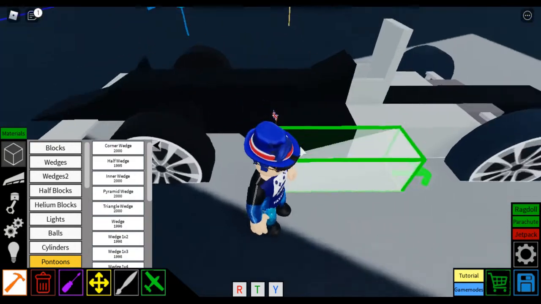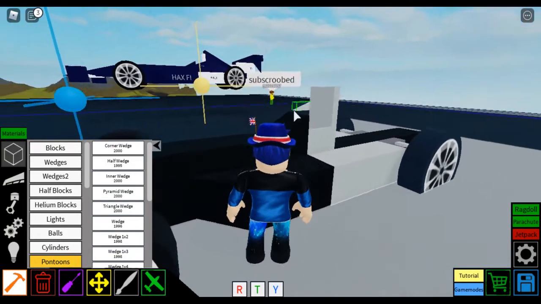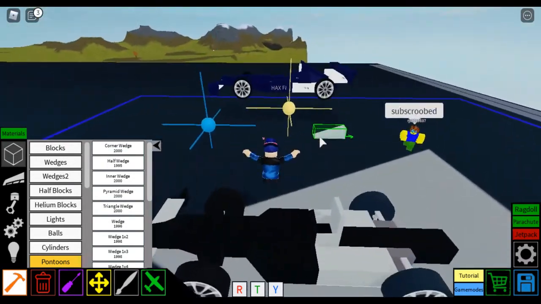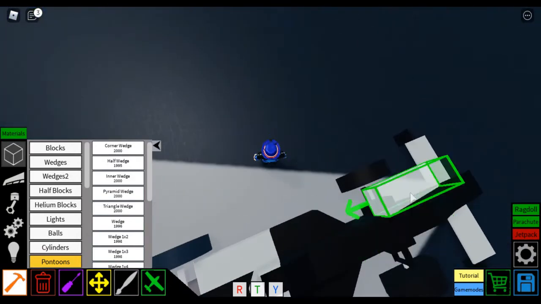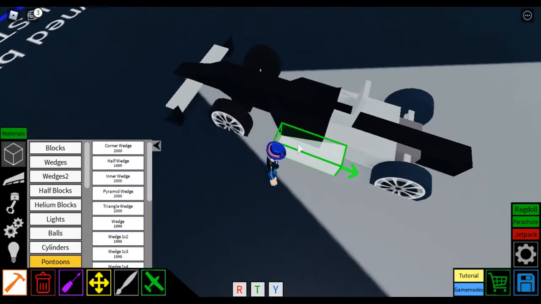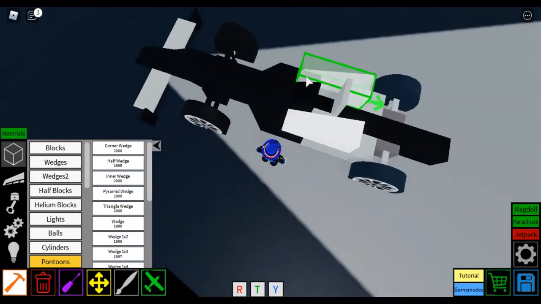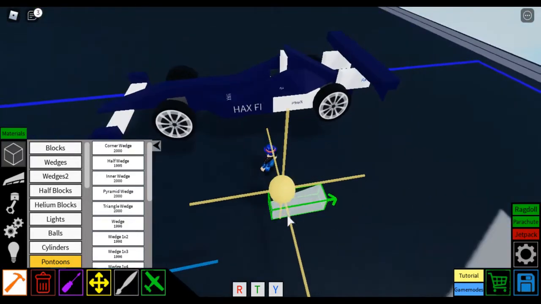I'm not the best at these tutorials, but whatever. And let's just see where this is. So this is on, so it's one block after the first block. So this is the first block, so it's here. And do that the same on this other side. And now what we want to do is